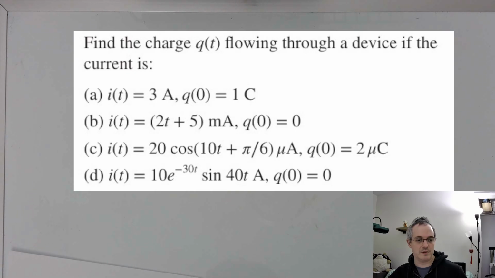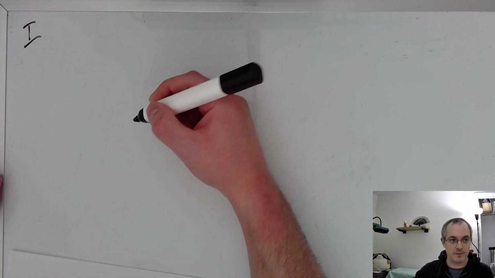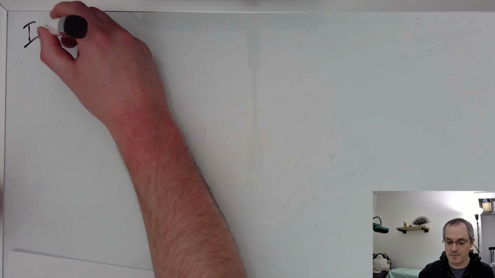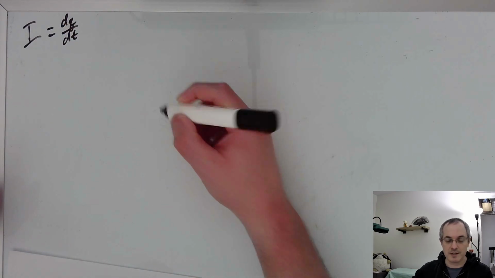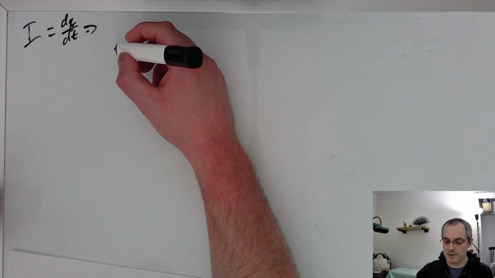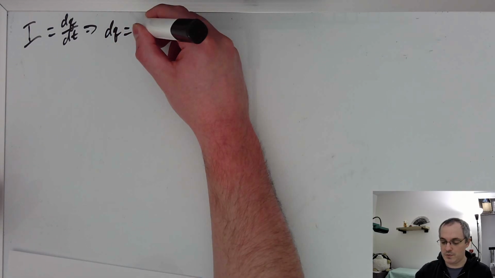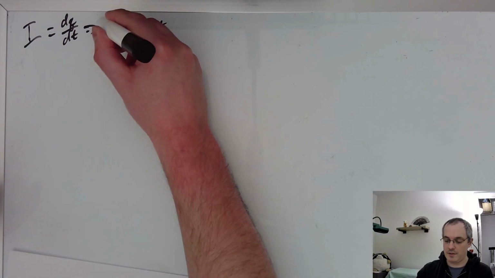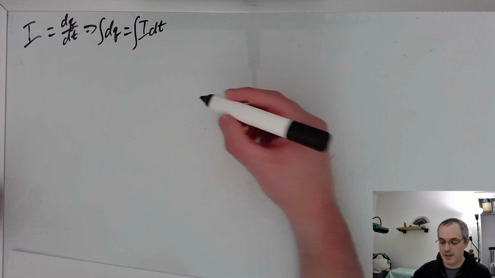Let me get rid of this. Make sure I have the question up over here. Okay. So in order to do this, I'm going to use a capital I for current instead of the lowercase i. I just like it better. So current is the change in charge with respect to time. And we want the charge though, so if we just move dt over to the other side and rearrange it, we can get dq is equal to I times dt, and then you sum up all of that side, which means integrate, and you end up with